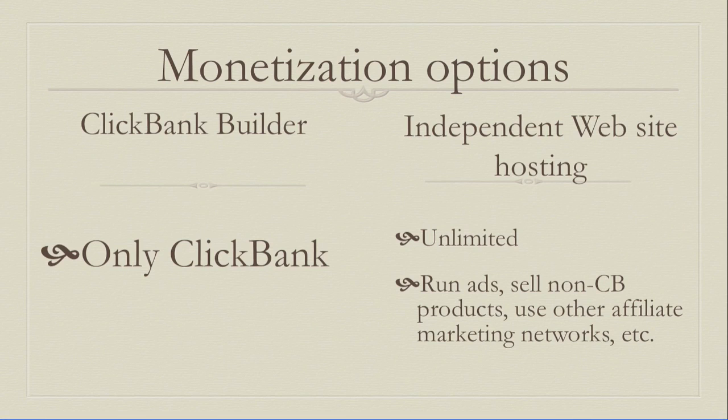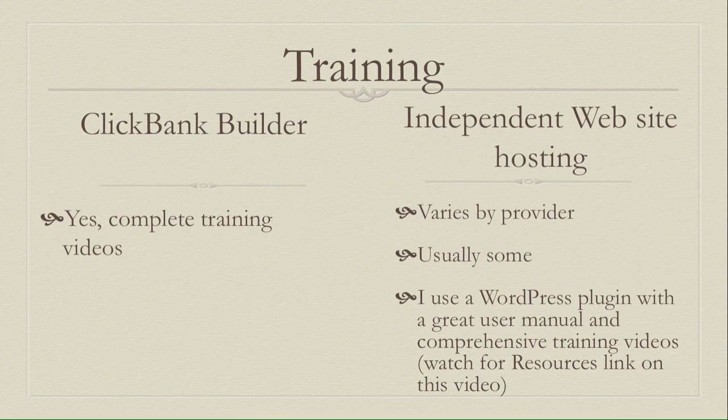monetization options are pretty much limited to selling stuff through ClickBank or similar services, whereas with independent website hosting, your monetization options for your website are essentially unlimited. You can run ads on your website, you can sell all sorts of other non-ClickBank products, you can use other affiliate marketing networks, you can do just about anything to monetize your website, whereas ClickBank Builder is much more limited in that regard. As far as training for using these things, ClickBank Builder does come with pretty much a complete array of training videos within ClickBank Builder itself. So it teaches you how to use ClickBank Builder, whereas with independent website hosting,